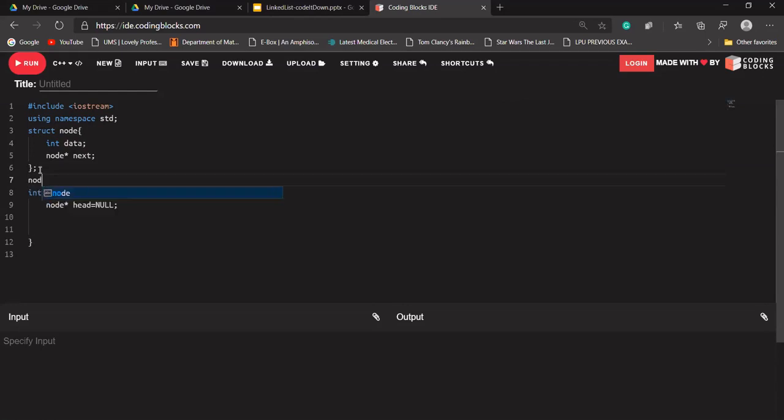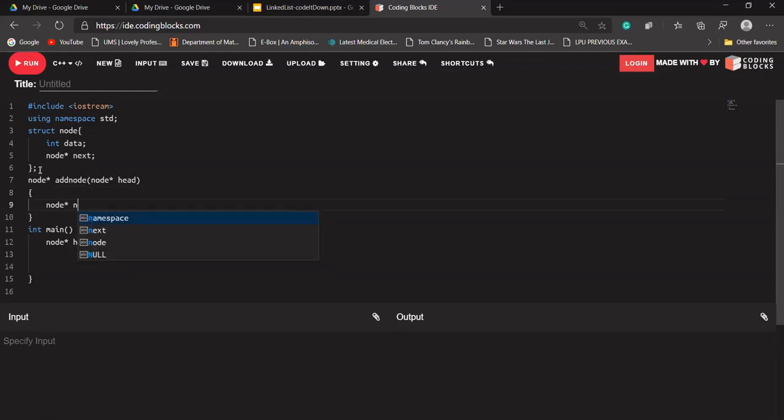I'm writing a function to add a node at the front of our linked list. I think we have already covered it. Before deleting, we should have something in our linked list, so I'm adding something to it. Let's add a new node here. Let's give some memory to it.